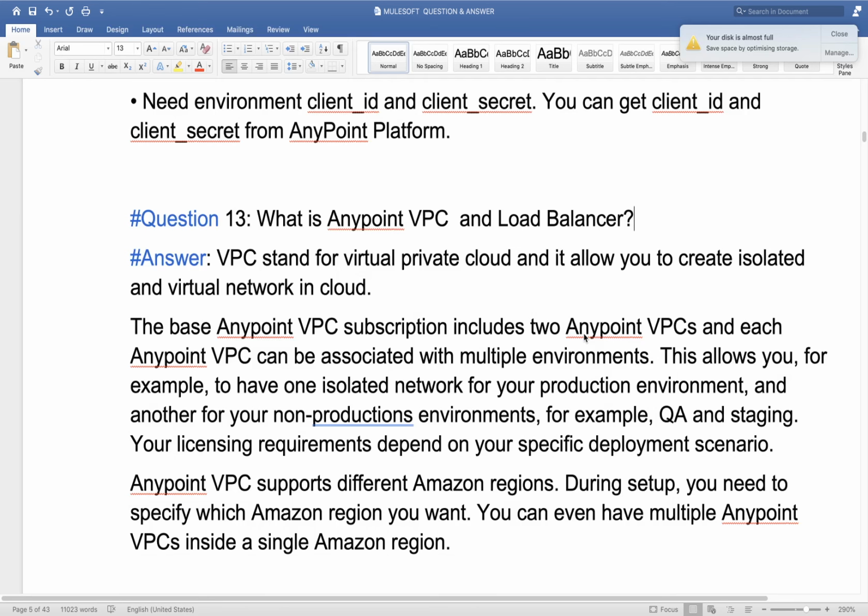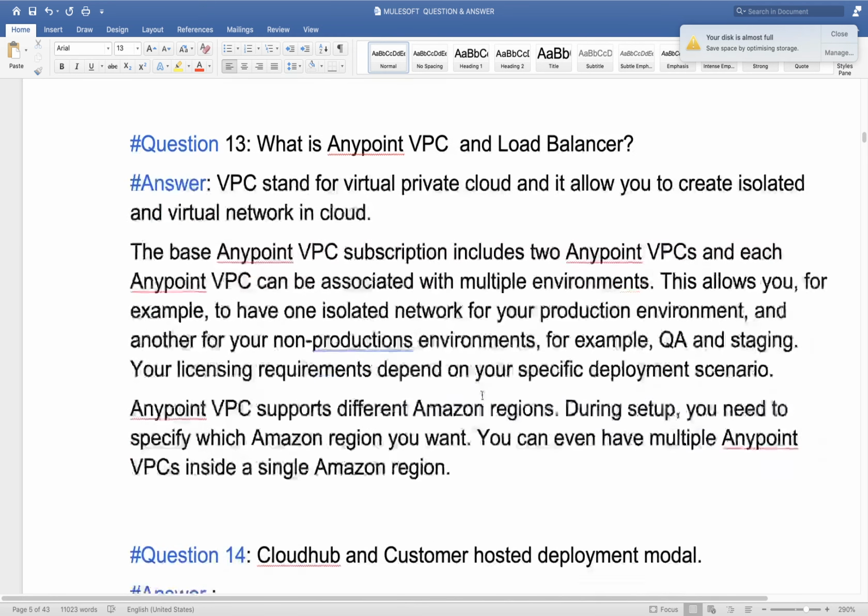Okay, so in this way you can increase the throughput of your API, so your API will be able to get the maximum number of requests in peak hour also. Okay, so these are the two things: what is VPC and what is load balancer.